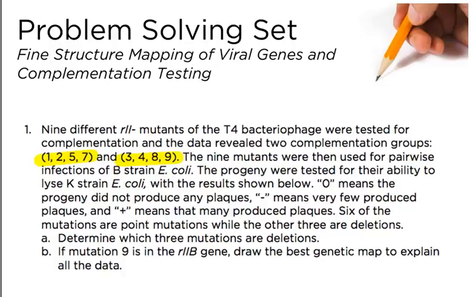0 means that progeny did not produce any plaques. Dash means very few produce plaques. And plus means that many produce plaques. 6 of the mutations are point mutations, while the other 3 are deletions. So I'm just going to highlight